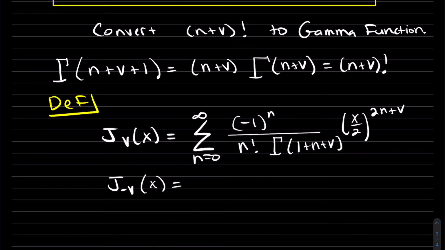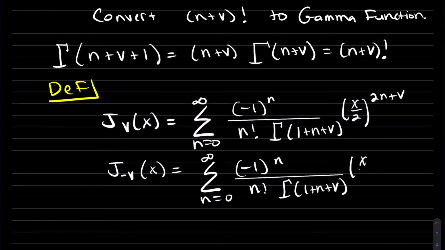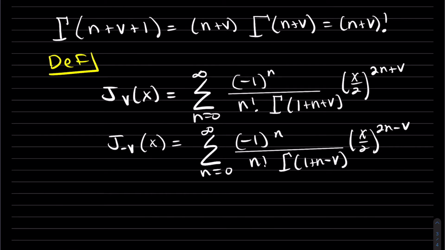So I just replace the v with minus v in this equation, and that becomes our second Bessel function. Just everywhere you see a v, you replace it with a minus v. And these are called